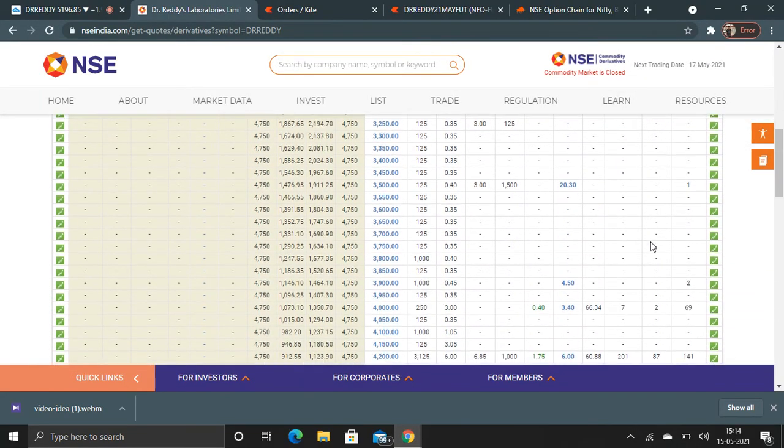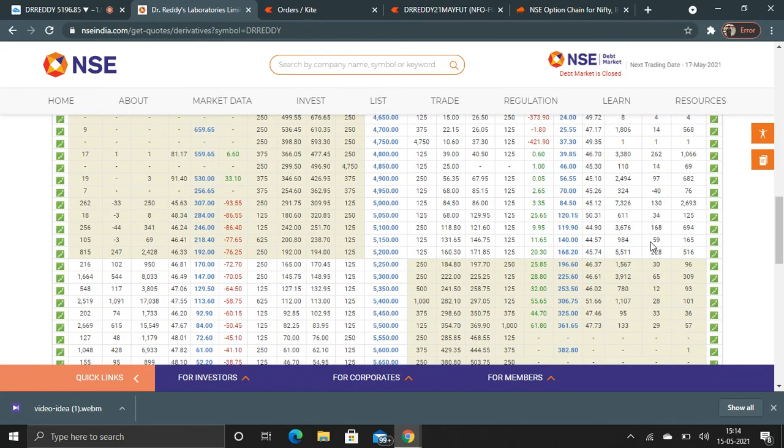You also check this column, which is the change in open interest. If it is addition, plus; if contracts are reduced, minus. You see here minus 40, you see here plus 262, plus 14, plus 97, plus 130, 168. Even at 5,100, 168. Even at 5,000, it is 228. The highest number of contracts increased, or open interest increased, is at 4,800. So we will not face any liquidity issue here if we want to exit at our strict stop loss of 20 rupees. That is the reason to choose 4,800 as a strike price, and 40 rupees comes to an amount of 5,000 investment.